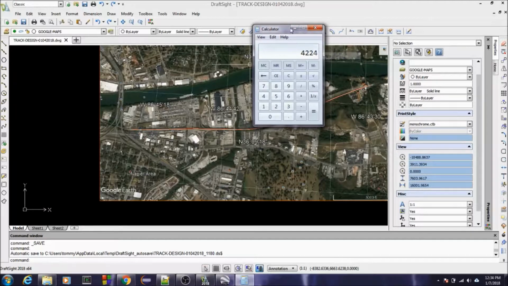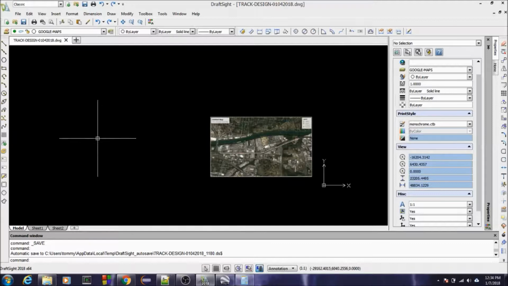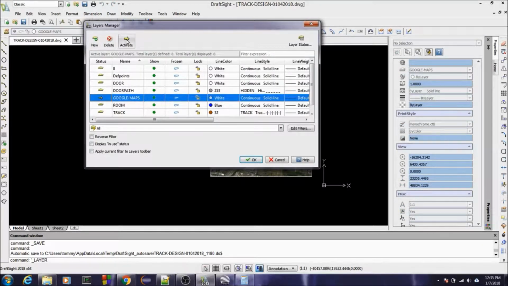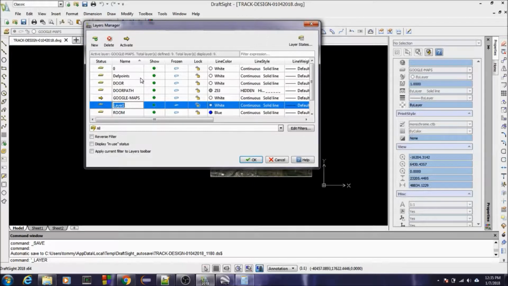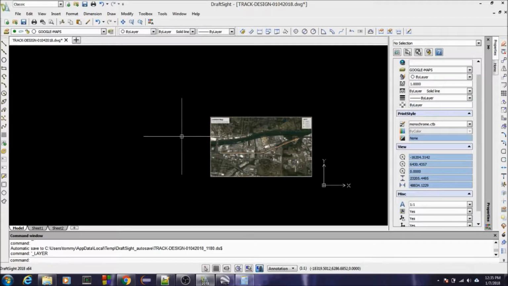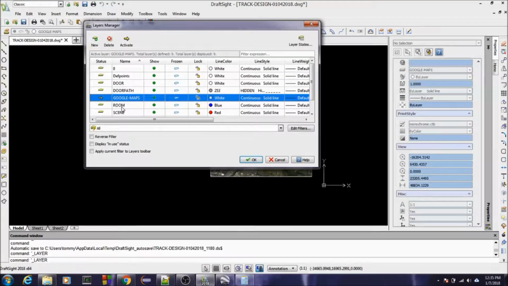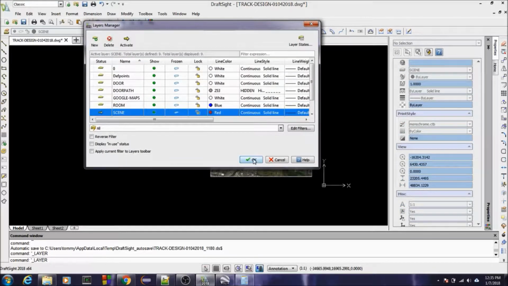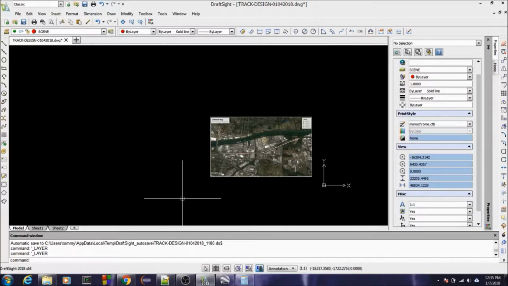I'm just going to copy that number, minimize that. And I tell you what, before I do that though, I'm going to come over here and create another layer, and I'm going to call it SCENE. Turn my caps lock on there, SCENE. And I'm going to make the color red, so hopefully it'll show up better on the screen. Oh, I didn't make that my current layer. Let me go back in here. Scene, got the current layer. Okay, so